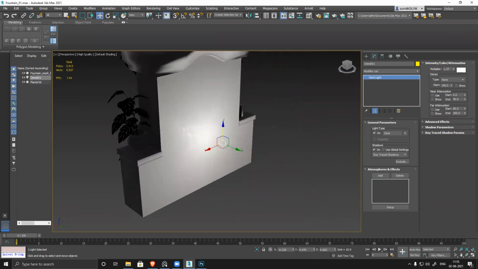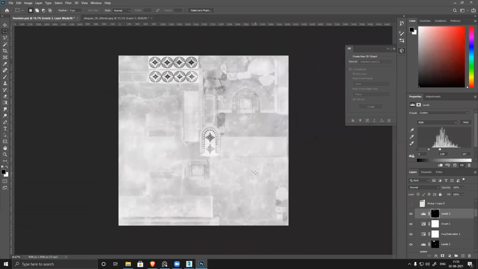The easiest way, which comes from years of practice, I believe, is to duplicate the diffuse, invert it, apply black and white, and modify layer by layer instead of merging everything together. For specular, I can just merge everything together. But for roughness, if you modify layer by layer, it gives you a way better result and way more control over it. It makes your life way easier and gives you a better result.